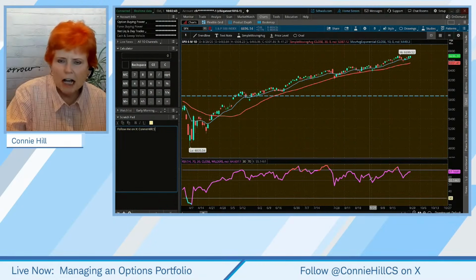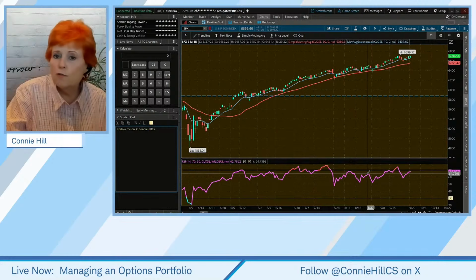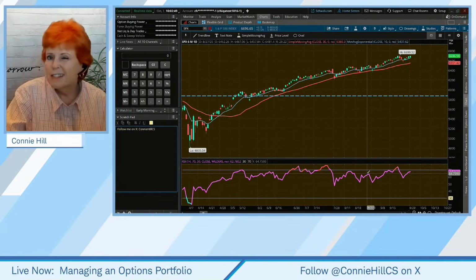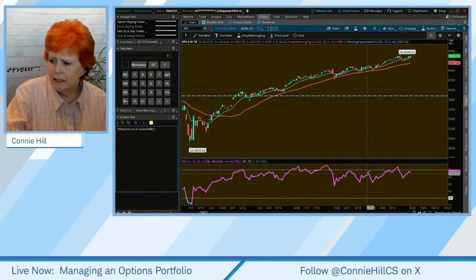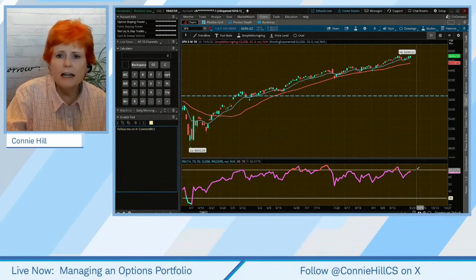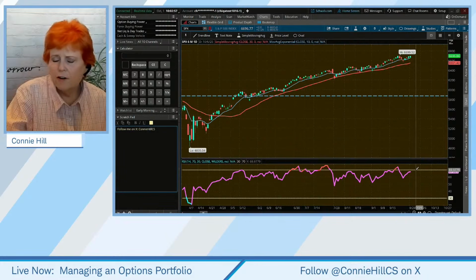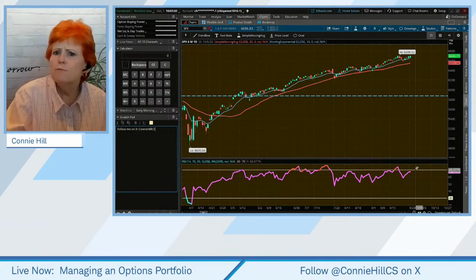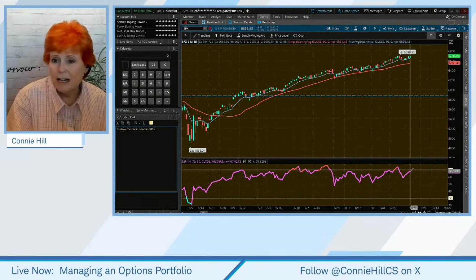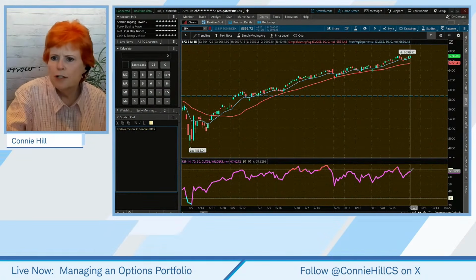We've got the RSI, which gives us an indicator of whether things are overbought or oversold, who's in control, what the sentiment is, and it's headed up. Now, it's not above 70 yet. That's when it gets into an area where we say, yeah, buyers are definitely in control, but it's steadily moving up that way. And we can see by the trend, yeah, the SPX has been pretty strong.